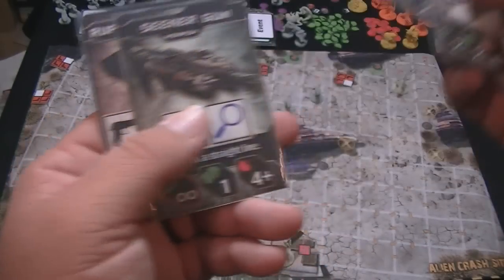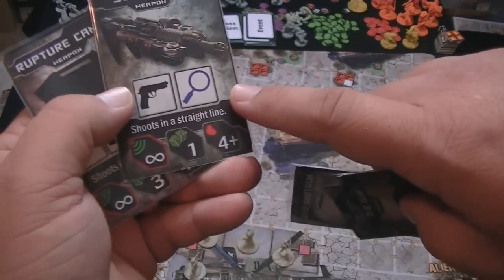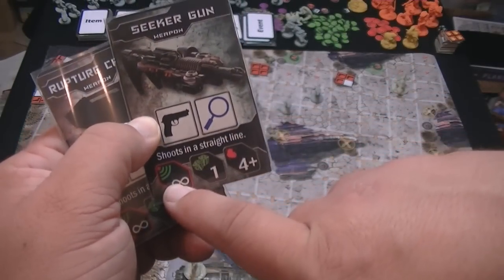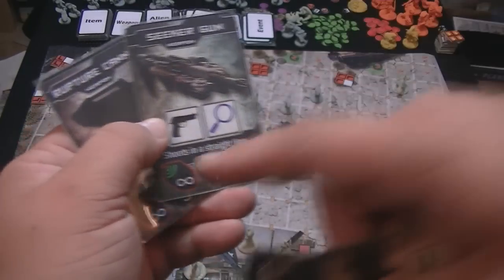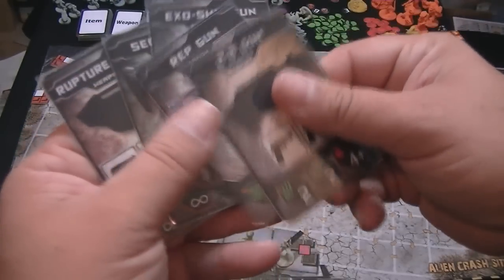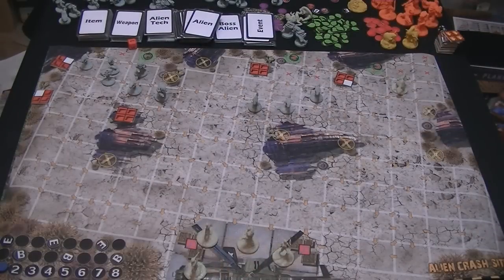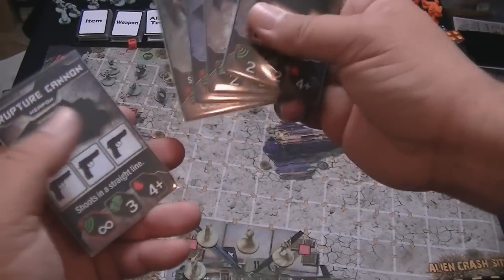So you can see some of these things are more and more different. Like here's Seeker Gun, it has to shoot in a straight line, and Infinity. That's kind of neat. It's a seeking weapon, so that's why it has that range. And range is actually really important in this game because it doesn't seem like they're that close, but they move so quick. The aliens, when they're on top of you, being able to shoot on your turn and shoot a lot of aliens on your turn is very, very important. So you'll grab these weapons, and also,